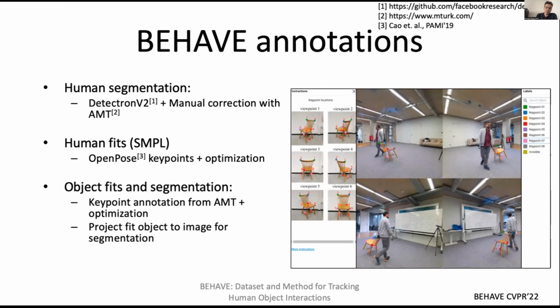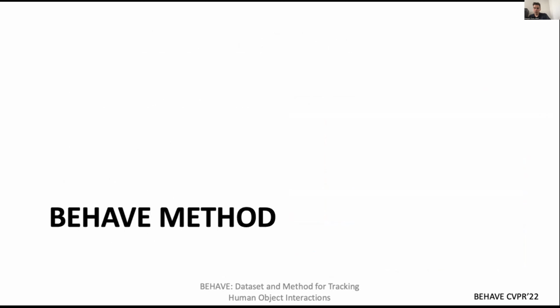Julian was pointing at this, and we face the same problem. This capturing process is costly, time consuming, and tedious. But sometimes when you're starting a project, you need to do this sort of hard work in order to start to get things running, right? And now we're very happy that we have this data, and we're hopeful that this will be very useful for the community. But of course, the question is, this is a semi-automatic method. How can we automate this so that we can scale and capture data in a much more streamlined fashion? So this is where the BEHAVE method comes into play.